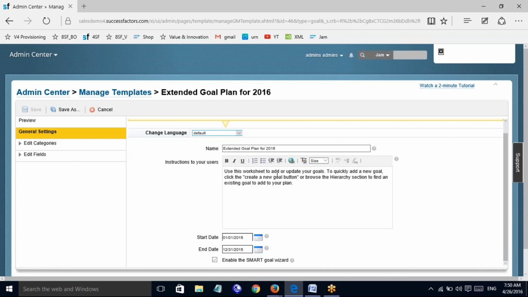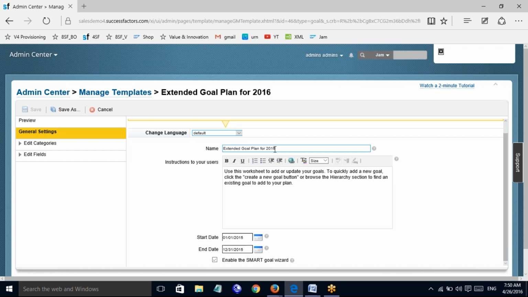But if you don't maintain the text here, if you don't maintain the instruction to the users, then by default the name section will be seen by the users. The instruction is the place where the users will be able to see the use of the goal plan template they are going to create.